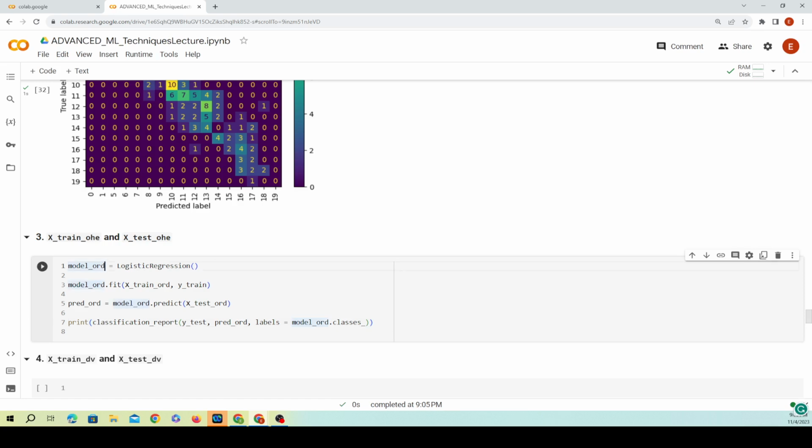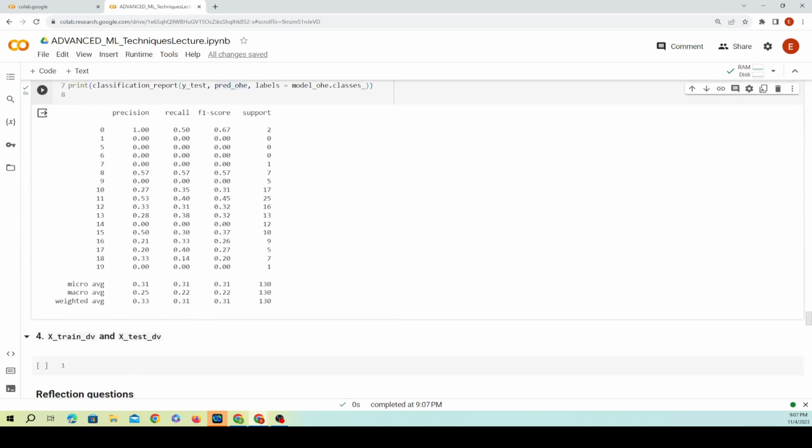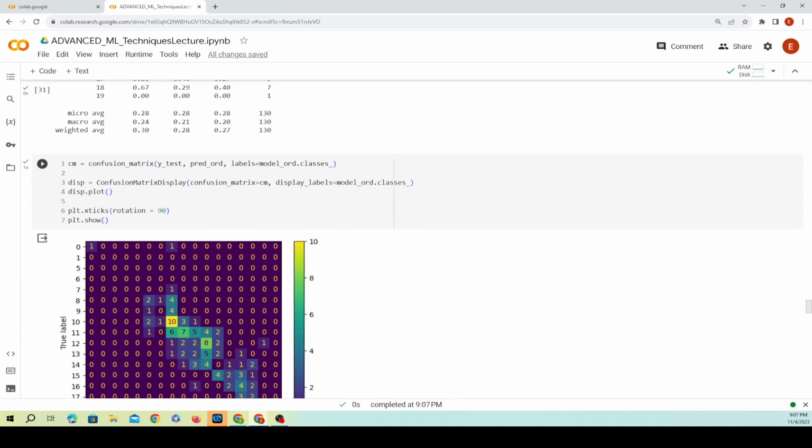This is with the one hot one. Okay. A little bit better, 31% for the F1 score. If we actually see the confusion matrix, we get